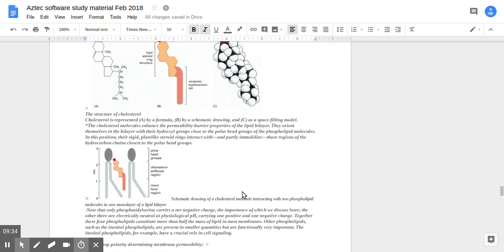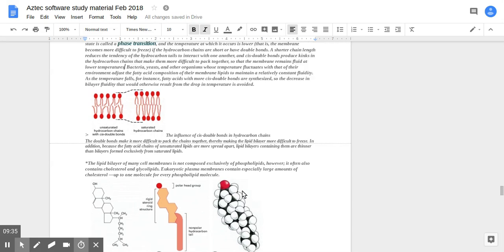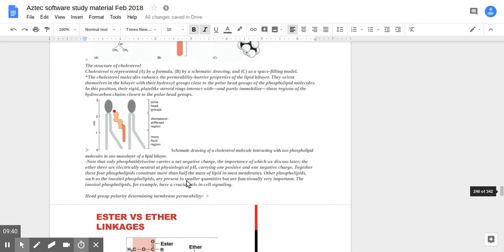And together, these 4 phospholipids make up the bilayer of most membranes. Inositol phospholipids are present in smaller quantities but are functionally important, which have a crucial role in cell signaling. Head group polarity also determines membrane polarity and